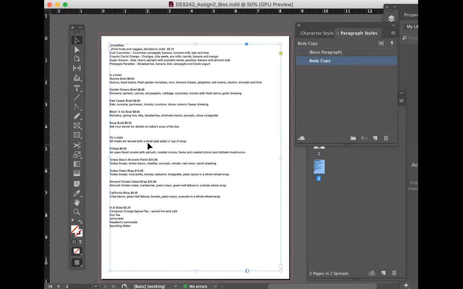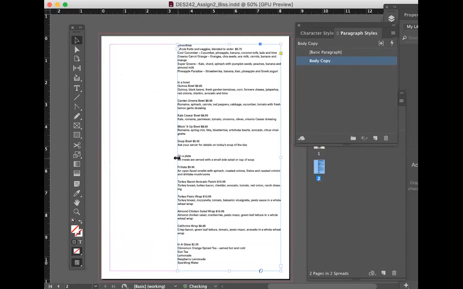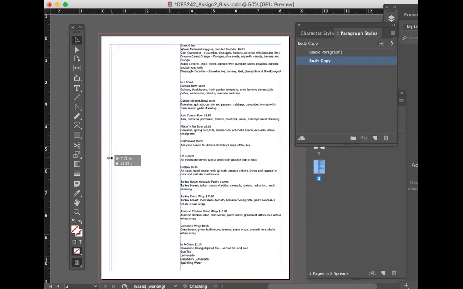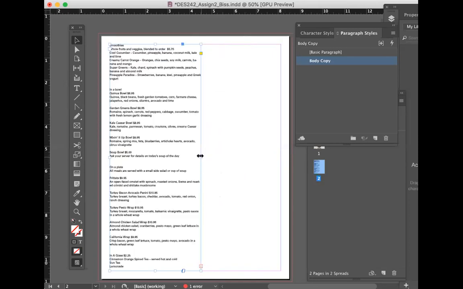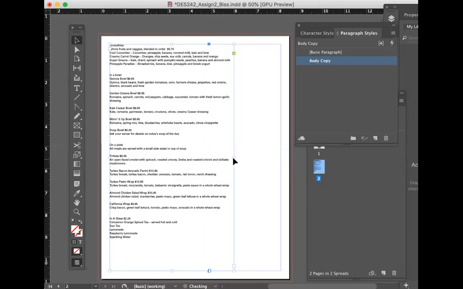Now you could start with sketches on your own, or play around with the type, you know, would it look better on the right-hand side or the left-hand side? Either way, I wouldn't leave it at this line length. The line length is pretty long here, and typically what they say is don't exceed 72 characters. That means every letter per line, just because it's hard to read. So I would definitely pull this copy box in a little bit more, so that your line lengths aren't too long. The reason being, it's harder to follow all the way across.